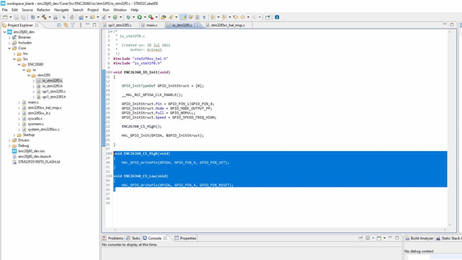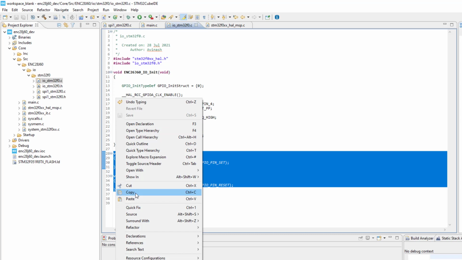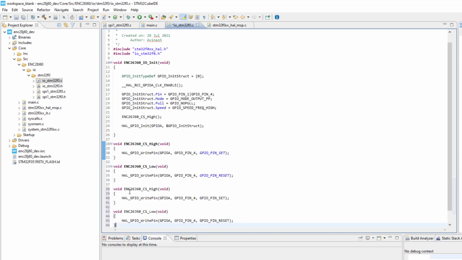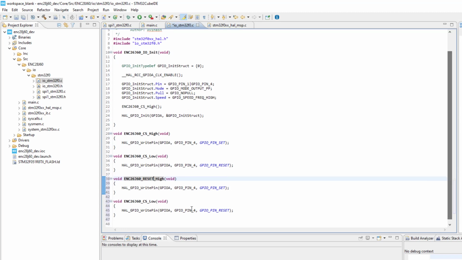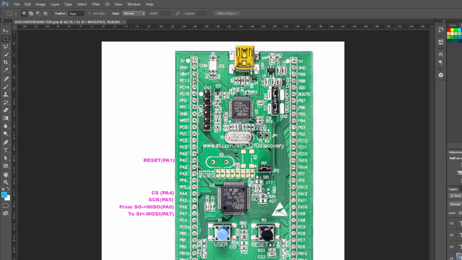What we need to do is to just copy these two functions, and in place of this CS high I will write reset high and reset low, and inside it I will change it from pin 4 to pin 1, so that it writes to pin 1, and pin 1 PA1 is connected to reset.